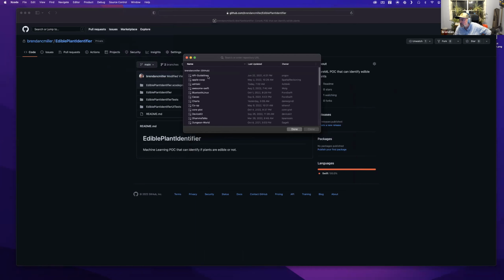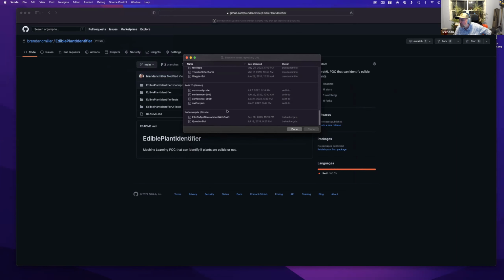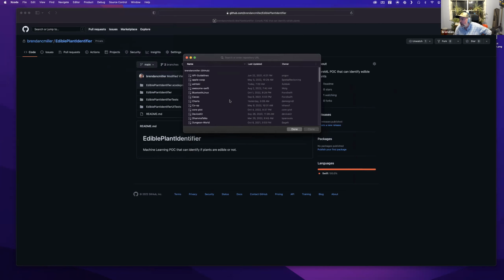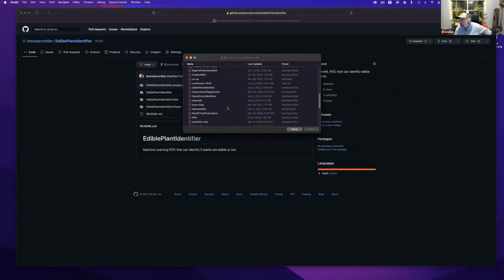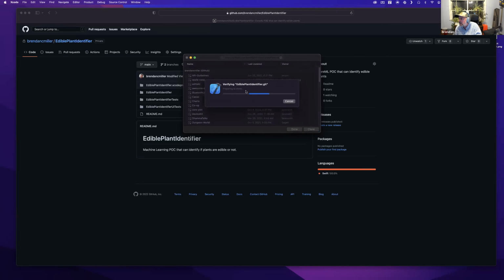As you can see, these are all of the different repos that I have access to with different accounts that I've logged into. So I'll just go here. I paste in what I copied from GitHub, and we'll verify. Then we're going to pick main, because that's the main branch that we're working with. And I'll say clone.